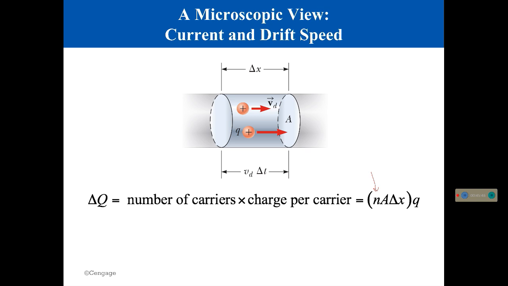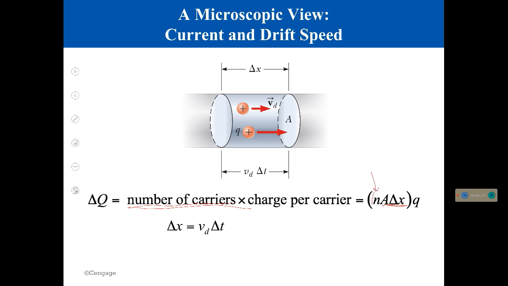So here I have density of charges per volume, and I'm multiplying by, what is this right here? Volume. So what's it telling me inside this particular parentheses? The number of carriers. So why am I multiplying by Q? That'll be the charge per carrier, which is usually going to be elementary, yes. E, the charge of an electron or proton. Okay.